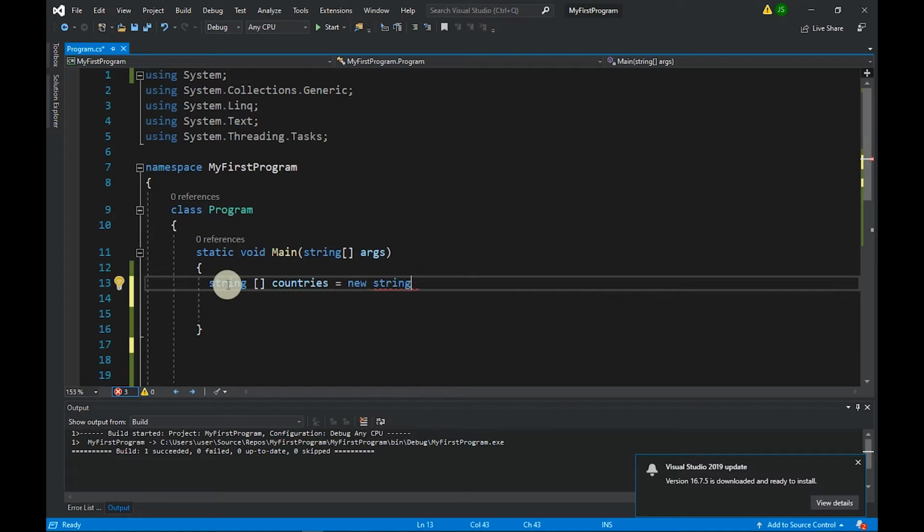Also, you can say this array can hold three values. Then we can declare them using the braces, and I can say South Africa, and Zimbabwe,